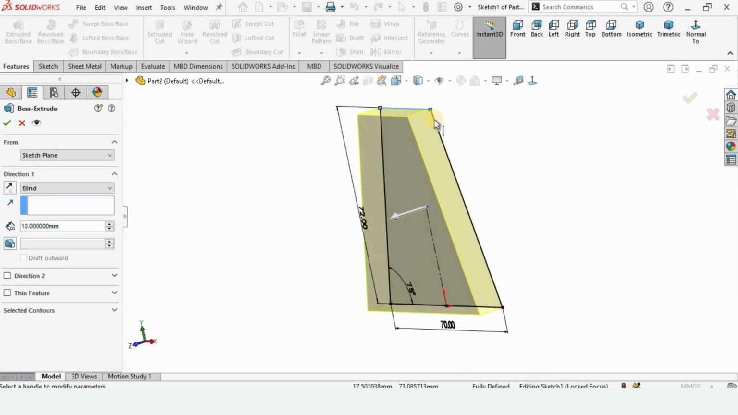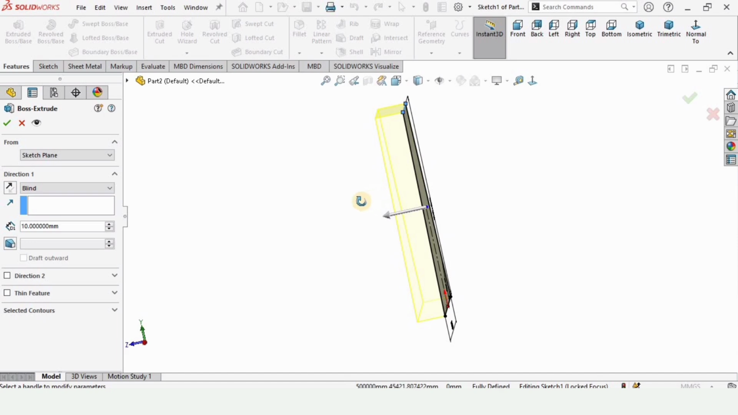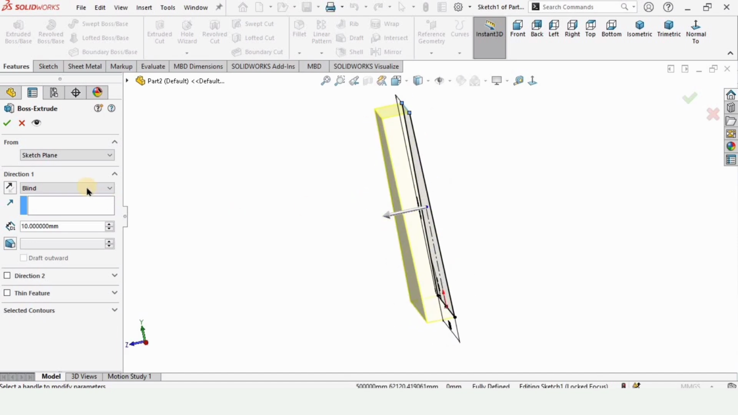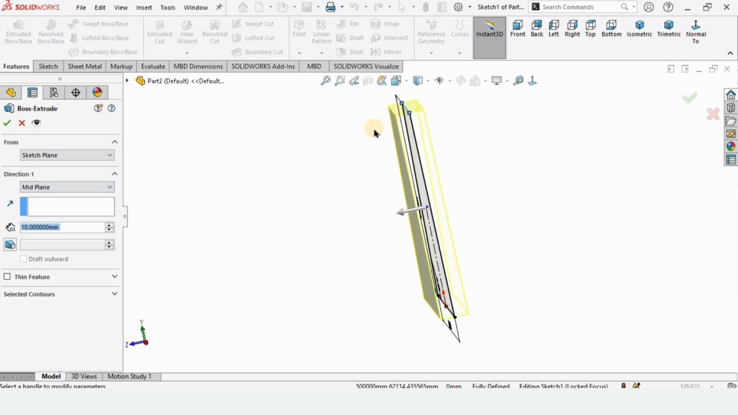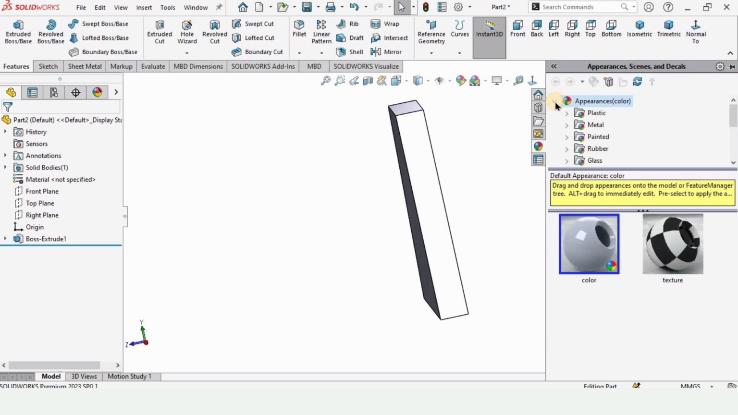Let me show you one thing. This black line is basically the sketch. I want the material on both sides. Material is the yellow colored material. I want the material on both sides, and we can use mid plane for that purpose. I will explain why we use this mid plane. So simply check this box from here and let me apply some appearance